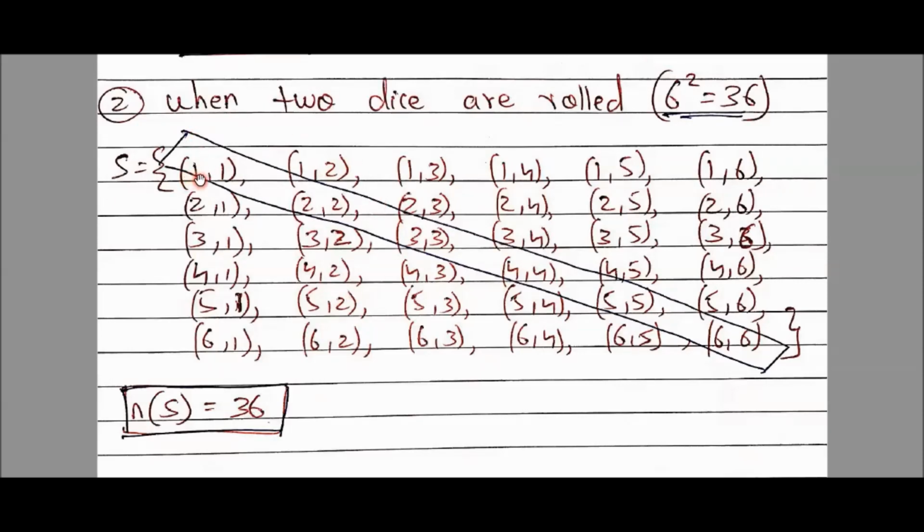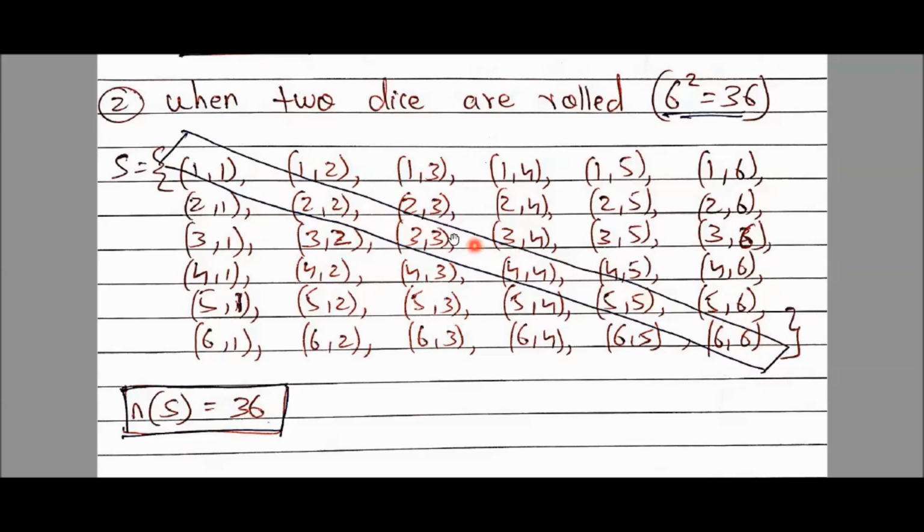See here, how to start. It's fun to write. See here, 1 comma 1, 1 comma 2, 1 comma 3, 1 comma 4, 1 comma 5, 1 comma 6. First complete this first row. Every time before the comma you will write 1. Then 2 comma 1, 2 comma 2, 2 comma 3, 2 comma 4, 2 comma 5, 2 comma 6, and so on you will write. Always write in sequence like this only, that there should be 6 brackets only in the first row, and there should be 6 rows like this. Don't leave lines while writing.